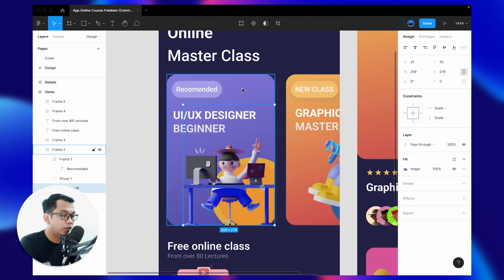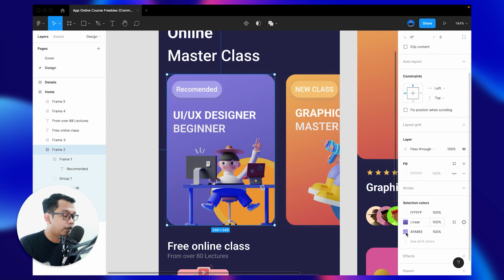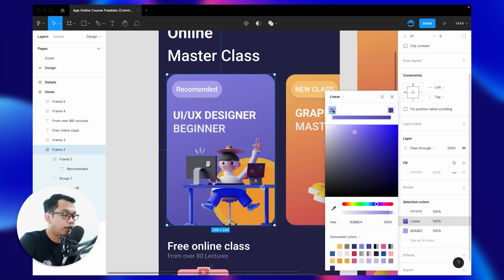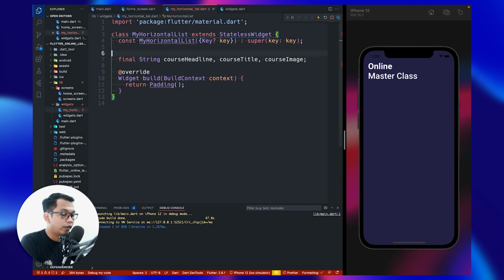And the important thing is we can see from the design that this color is not a solid color, it's a linear gradient. So we can click that, and a linear gradient has at least 2 colors, so we can save them in our variables here, final int startColor and endColor.